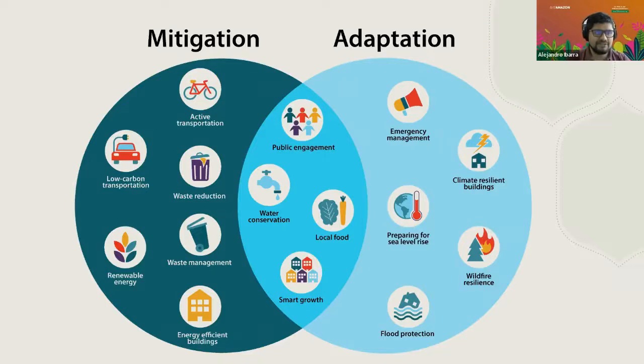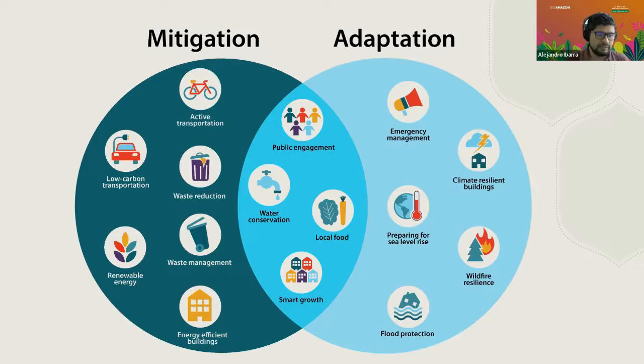I love this image because it shows what mitigation and adaptation mean. Those words basically mean the things that you can do to mitigate, or reduce, the impact of climate change, and the things that we can do to adapt ourselves to climate change. All these ideas that you see in this picture are actually projects and things that are carried out not only by organizations and government, but also by the local communities.